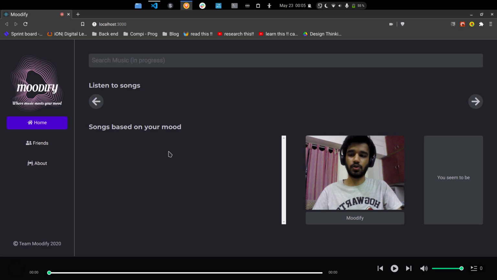In this one I'm going to talk about Moodify. Moodify is an app that plays music based on your mood, and it is developed by myself, one of my friends Mehul, and one of my other friends Shreyas. So three of us have built this app, and what it exactly does is it monitors you from your webcam,